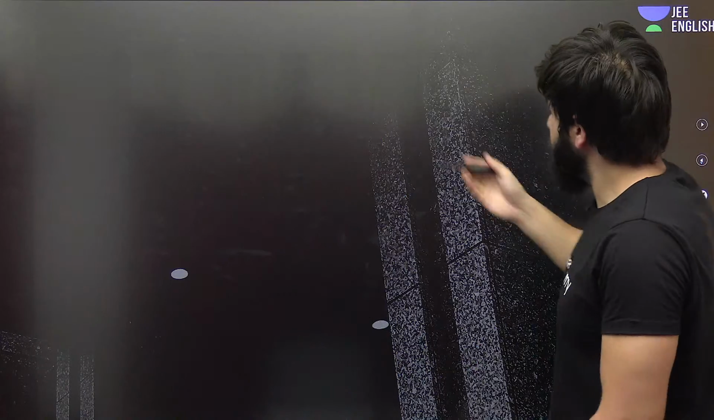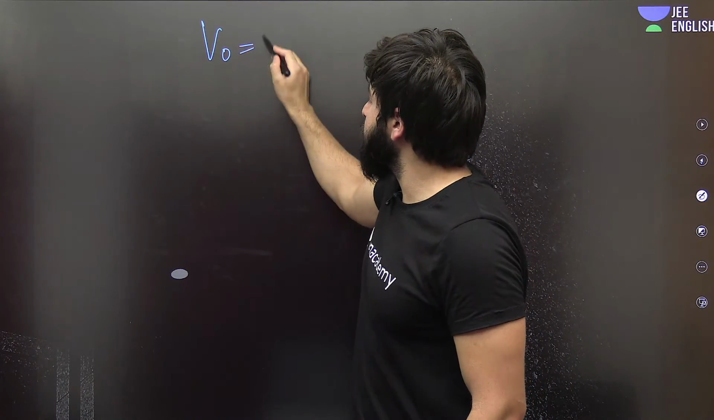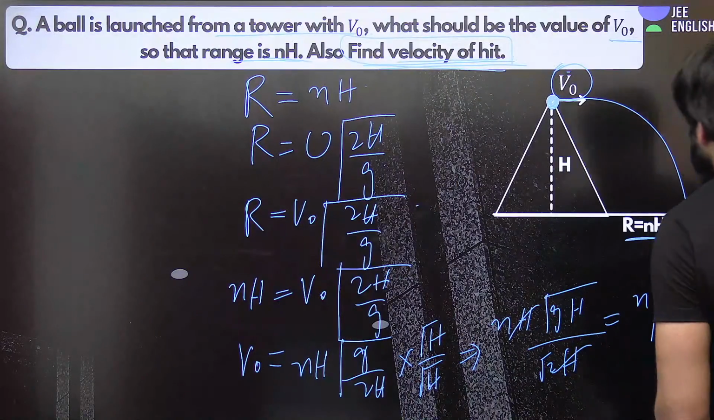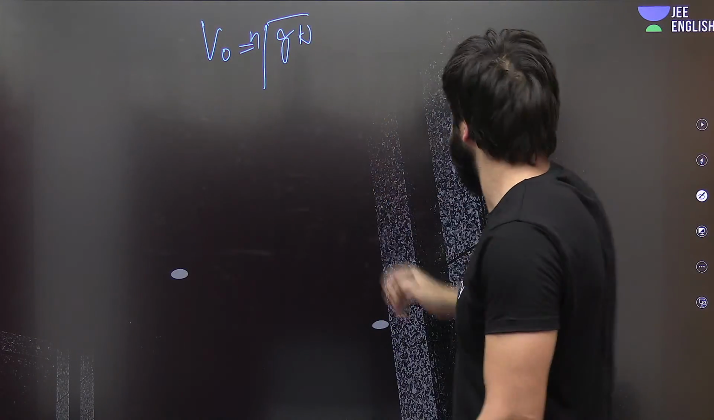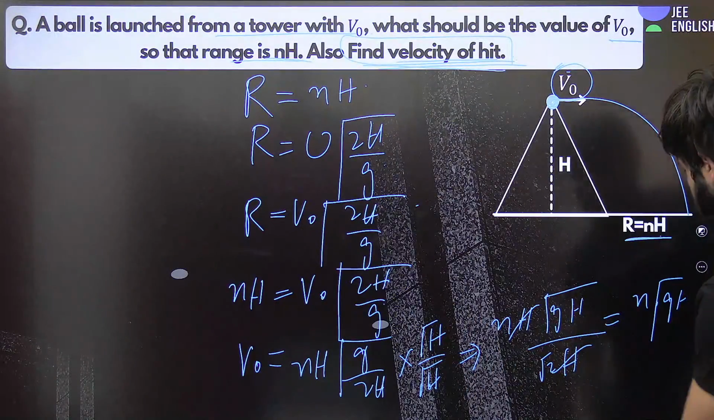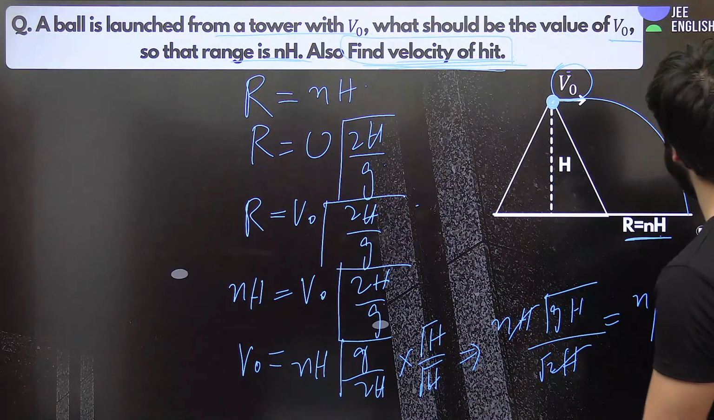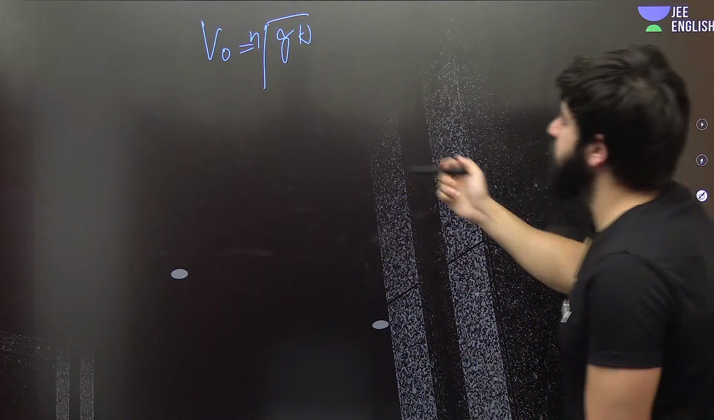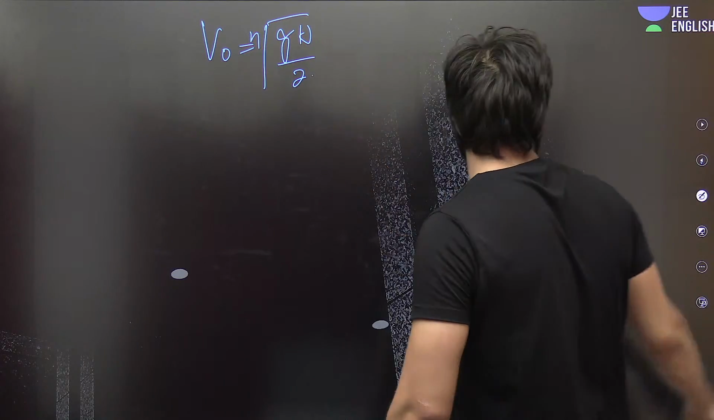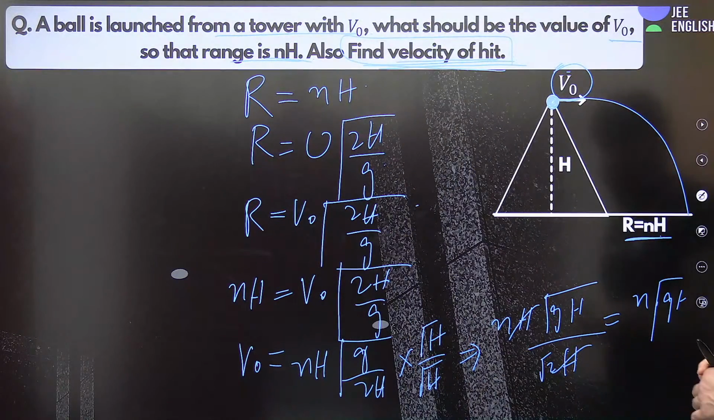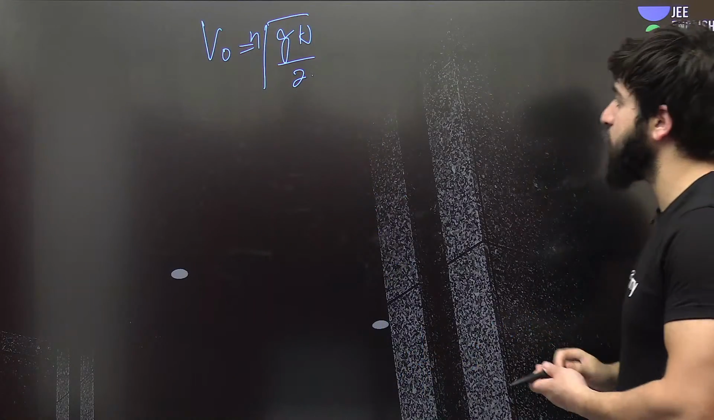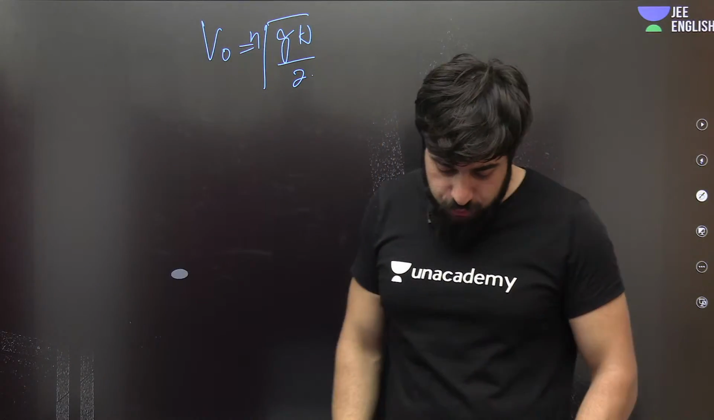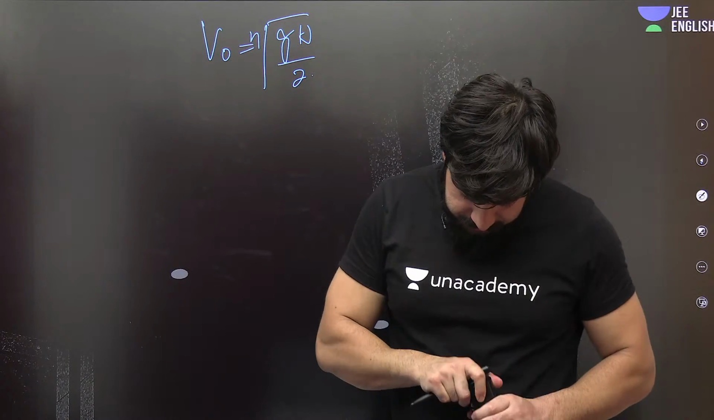V naught will be nothing but root of n into gh, root of n into this gh. Anything else do we have? Root of g, n into root of gh by this 2 exactly. Anything else? Yeah, there is nothing else. Okay, so this is basically the scene over here. We got the velocity over here. Now you need to basically find